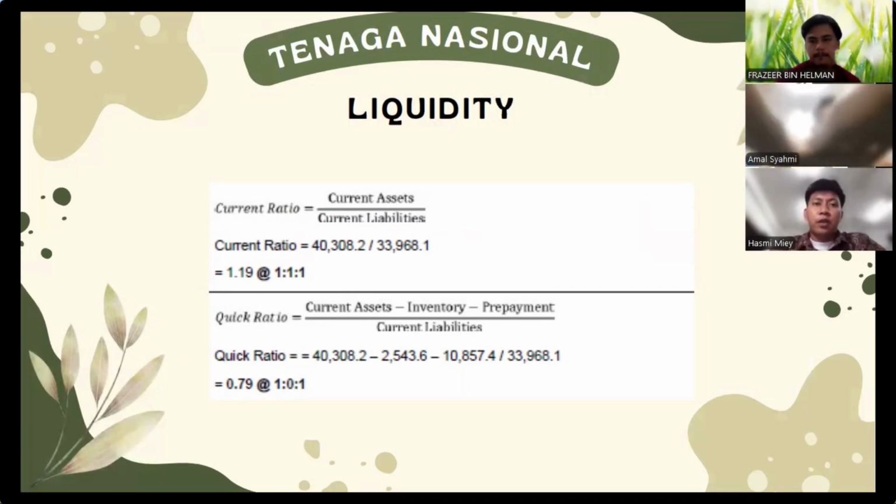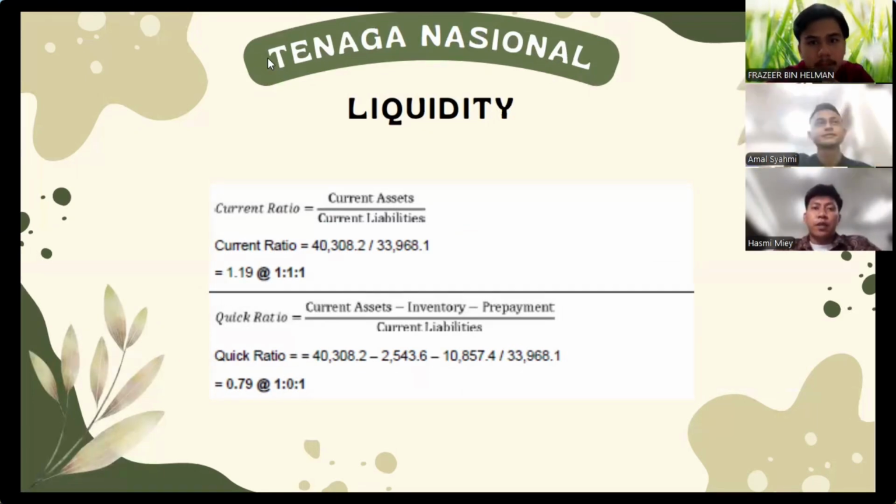For liquidity, TNB recorded a current ratio of 1.19 times, calculated by dividing current assets by current liabilities. This indicates that TNB can meet its short-term obligations but with less flexibility compared to YTL Power. The second is quick ratio. After excluding inventory, the quick ratio is 1.11 times, showing that liquidity is adequate but relatively tight. So the next slide